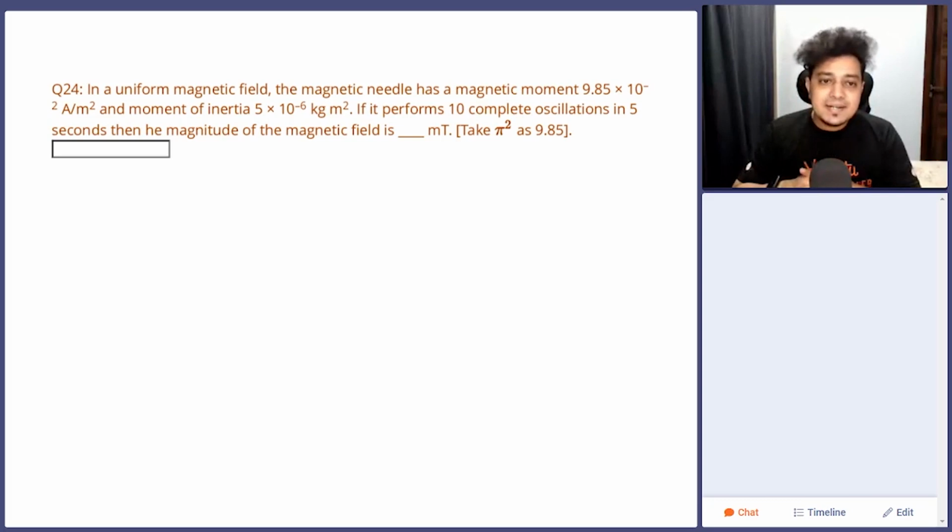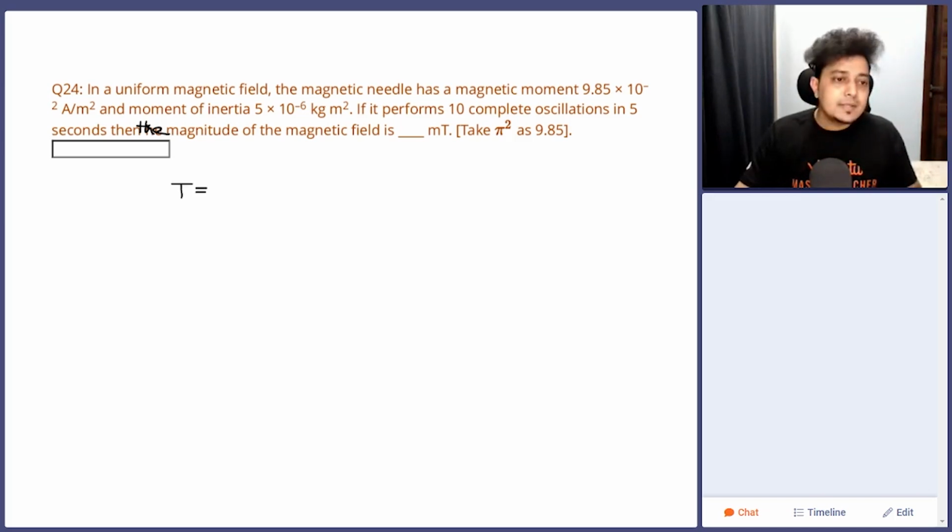In the uniform magnetic field, a needle has magnetic moment given, SI unit. Moment of inertia is also given, SI unit. It performs 10 complete oscillations in 5 seconds. Then the magnitude of the magnetic field in millitesla is? So how can we deal with this? We have